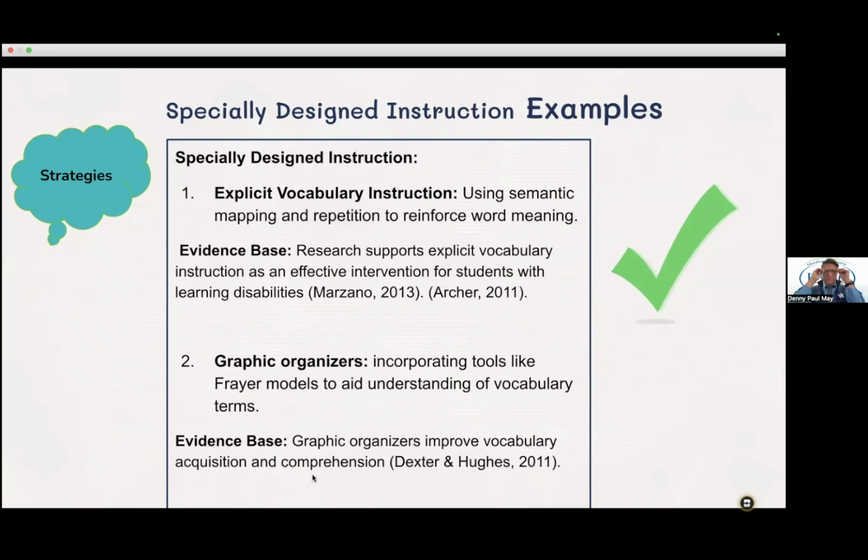Now, I just want to think about some overall specially designed instruction. I want to think about some of my go-to specially designed instruction things. Research supports explicit instruction everywhere you turn. If it's teaching phonics, it's to teach it explicitly. It's to model it. It's to scaffold it. It's to allow a ton of practice, a ton of feedback, and a ton of check for understanding, and then do the process over. And our students with disabilities need a lot of practice and a lot of